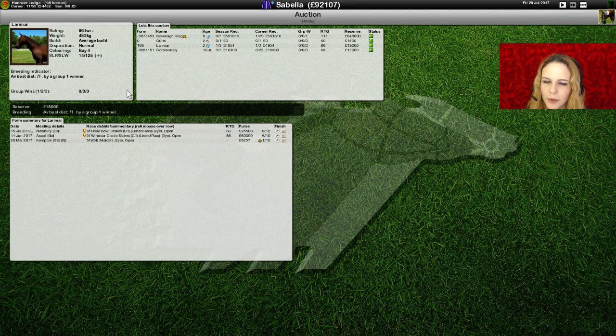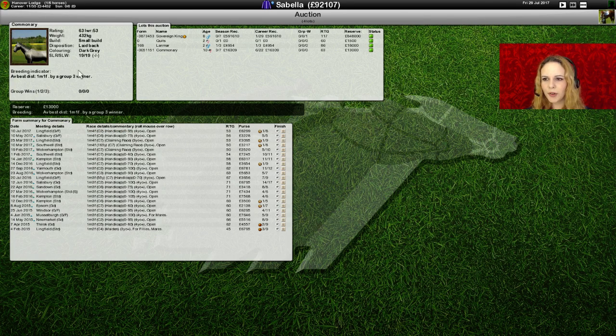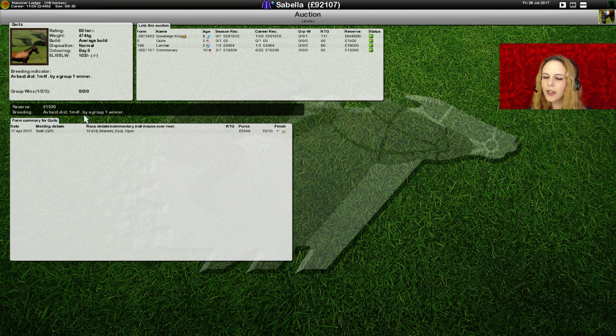I don't think we want Larimar. About Quits. Okay, so Quits is kind of the combination of things I'm looking for. It's a 2-year-old, raced once. Oh, sorry, there we go. Raced once, outpaced and ran green. Average best distance is 1 mile 4, and it's by a Group 1 winner. So that's a good combination of